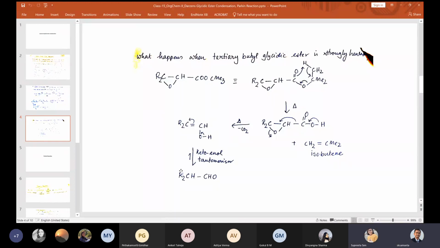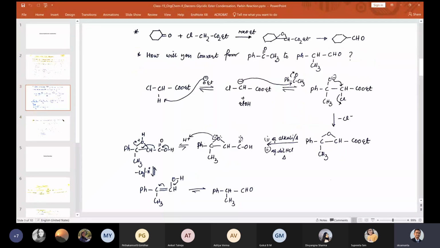Sir, can you explain this problem once again? Yeah. So what I said in this case is, generally in Darzens glycidic ester condensation, you have this glycidic ester. This ester group is broken by using aqueous alkali and heat, so that you get this carboxylic acid. And then this carboxylic acid, by using acid and heat treatment, gets protonated, and that is why the decarboxylation becomes easier to give this final compound.